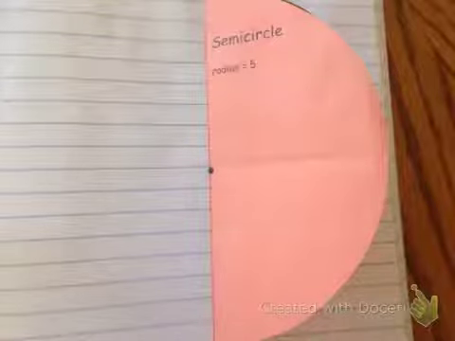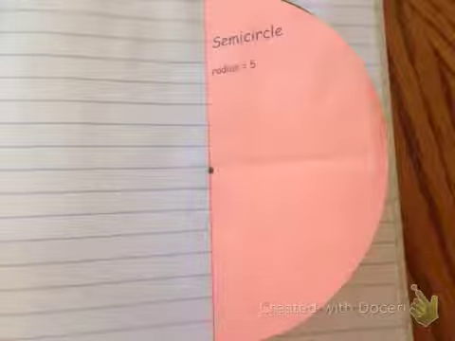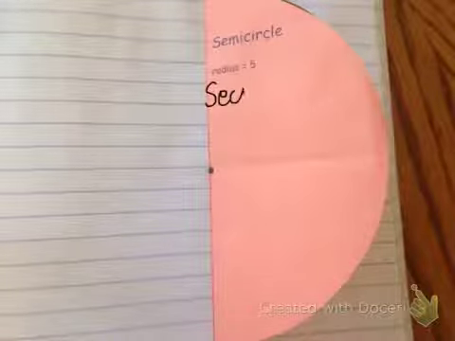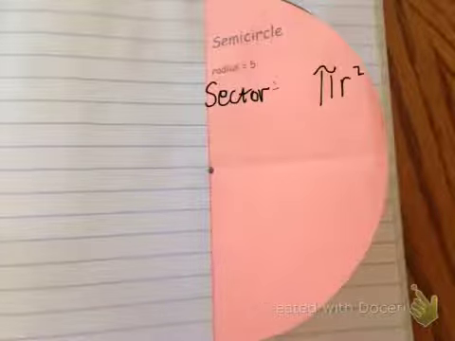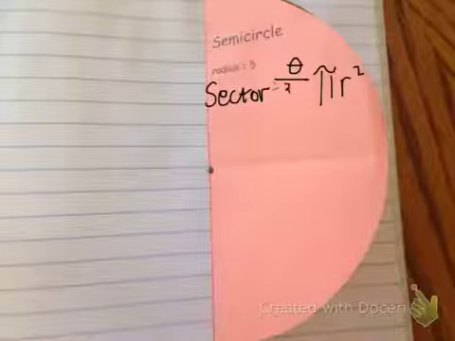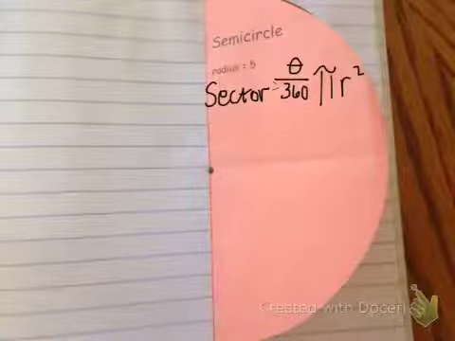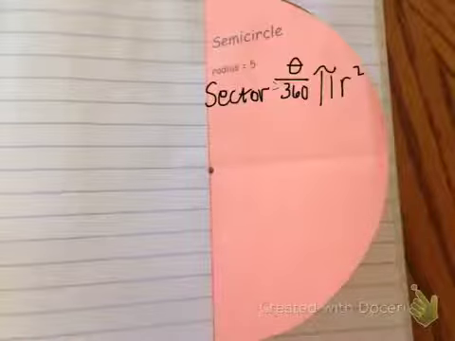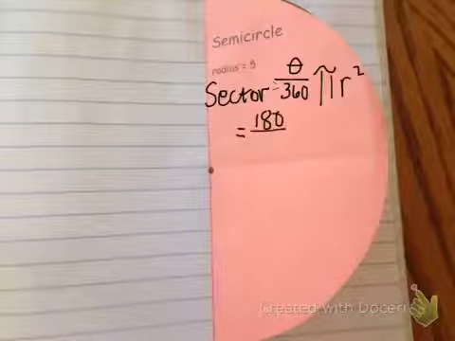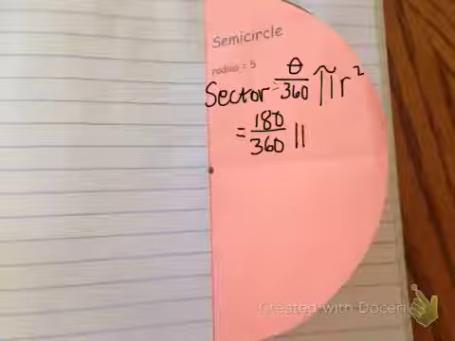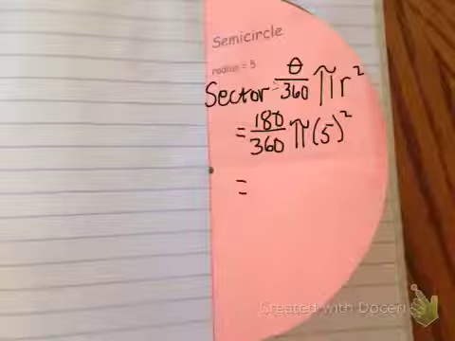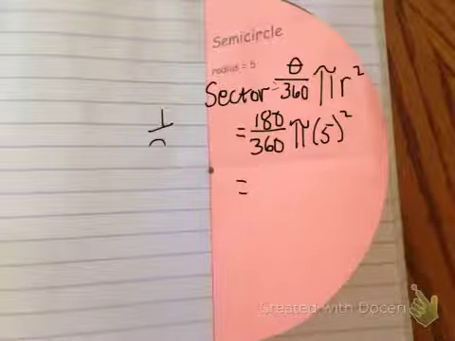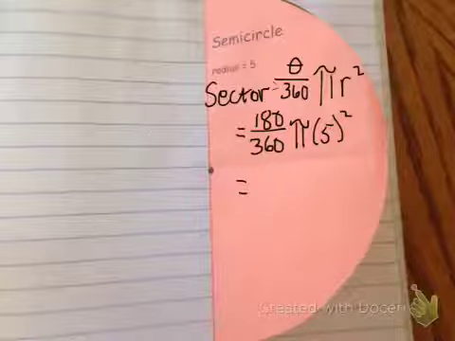So here's our semicircle. And let's go ahead and make a note of our sector formula here. To find the sector, this time, instead of just doing pi r squared, we have to do theta over 360, because 360 is a full circle and we just want a fraction of the circle. So this time, if we're looking at a semicircle, we know that a semicircle is 180 degrees over 360 times pi r squared. And we know that 180 over 360 is 1/2,